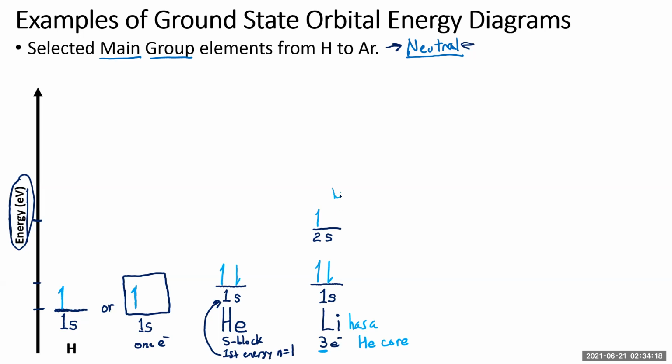This is a half-filled 2s orbital. And it's important to get this terminology down. It makes communication and the comprehension of these principles a lot easier if you get all this terminology down. Half-filled 2s orbital. So the core is a completely filled 1s orbital, and the valence electrons, so there's 1 valence electron sitting in a 2s orbital,